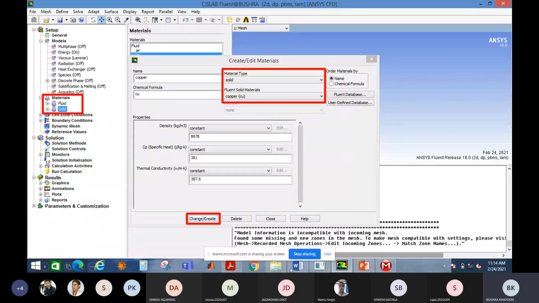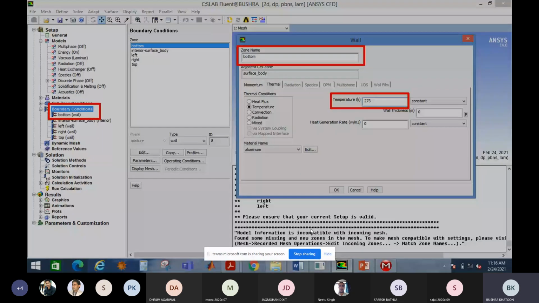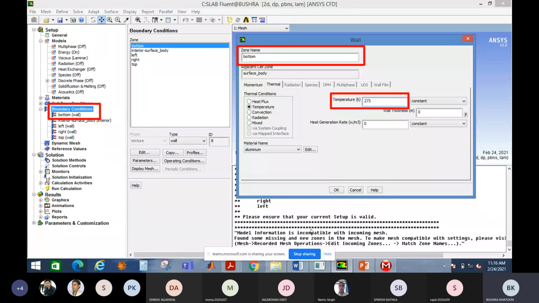Okay, in the next step we will define the other parameters like temperature condition of the different sides. So in the next step, in the setting up physics tab, click boundary condition. This opens the boundary task page. Set the boundary condition